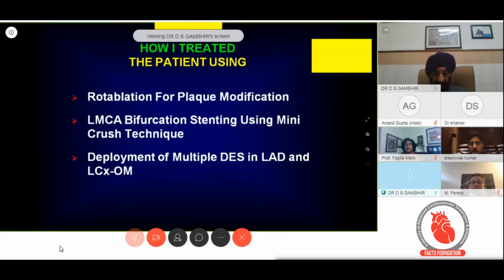So we decided to treat this patient with rotablation for plaque modification, and then left main stenting using mini crush technique. So we did rotablation first using a 1.25 millimeter burr. We didn't do any IVUS in this patient. Then we put a 1.5 millimeter burr. And then following this,